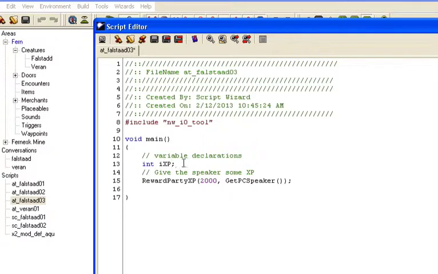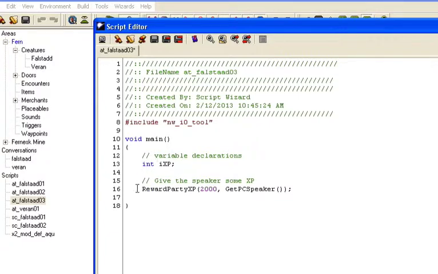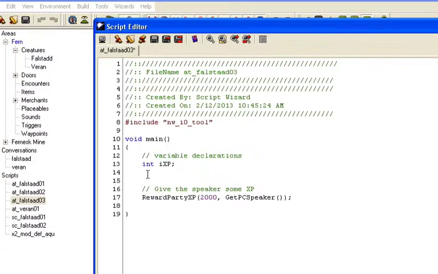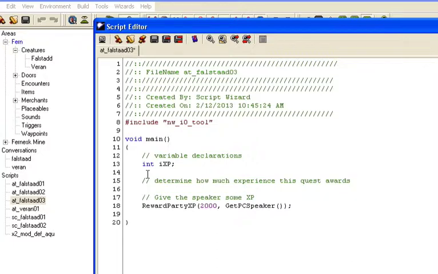The lowercase i reminds us that this is an integer variable. Then, in a comment: determine how much experience this quest awards. Let's find out from the journal what we're supposed to be giving this character. We're going to say iXP equals